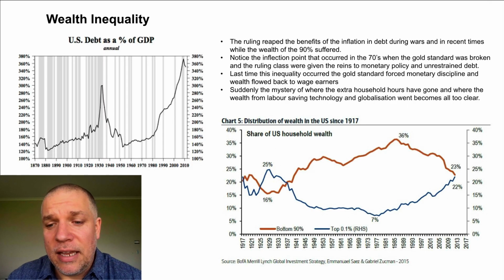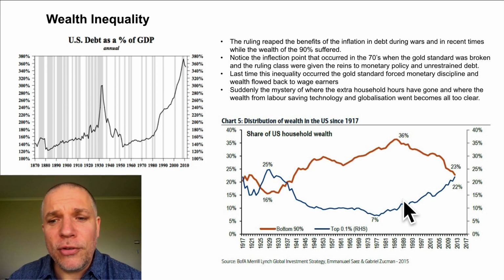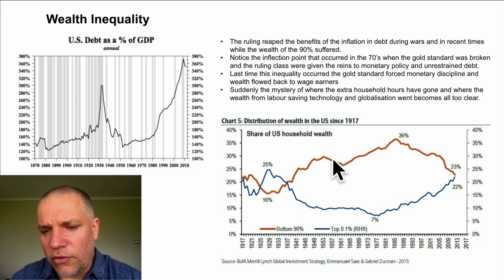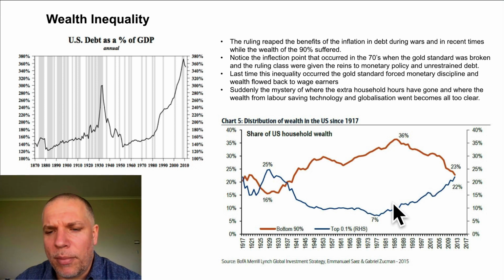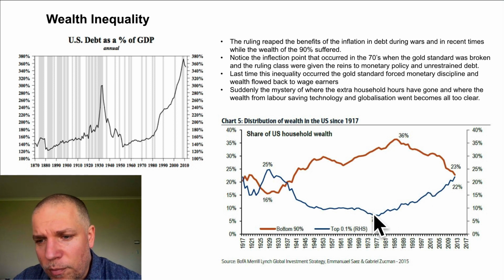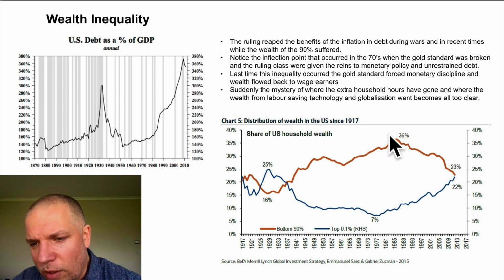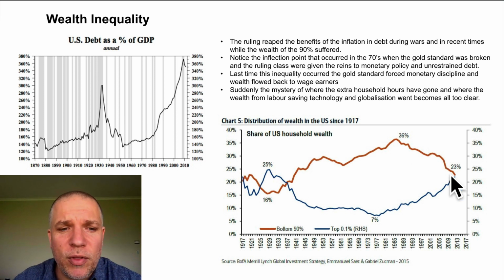This next chart also, I think, paints it very well. You'll see here it describes the bottom 90%. So this is the average person, the working class, even the middle and upper class really, and it also shows the top 0.1% in this case. So you can see again from the 70s, the top 0.1% has steadily, almost parabolically, been growing their wealth, and you can see the exact opposite has gone on with the 90%. Their standard of living and their wealth has been in decline. And you can see it's coincided with debt.